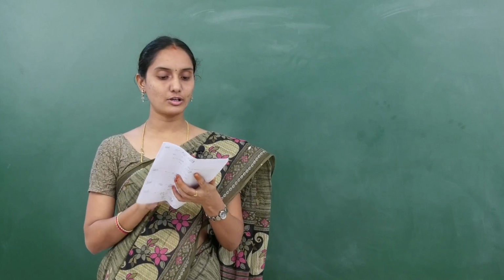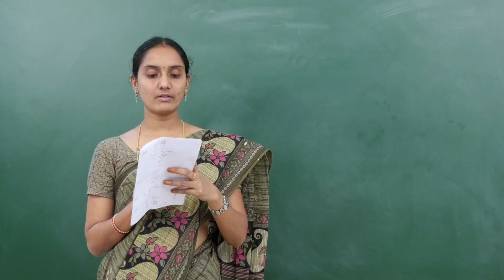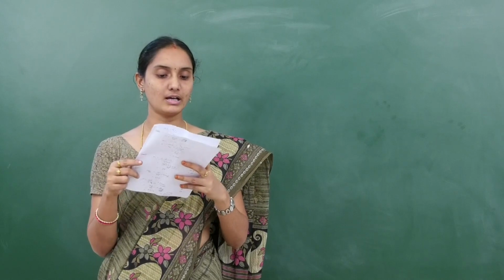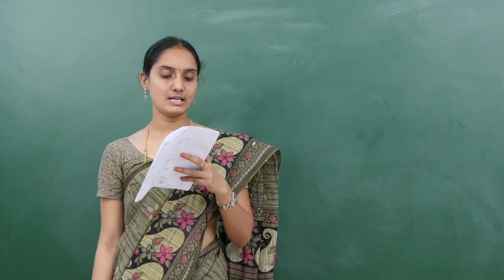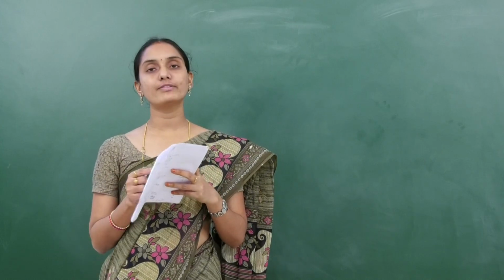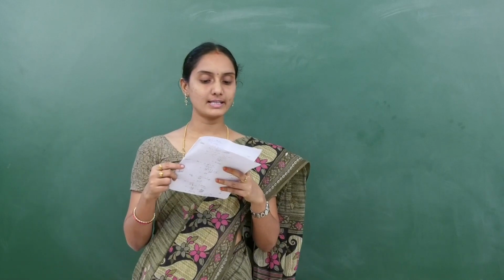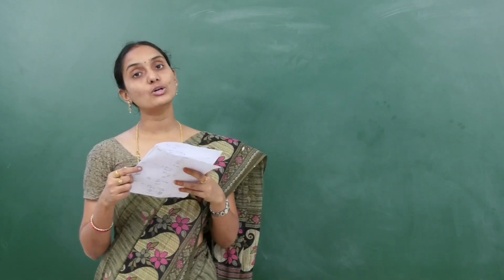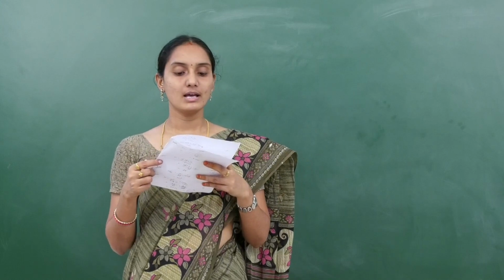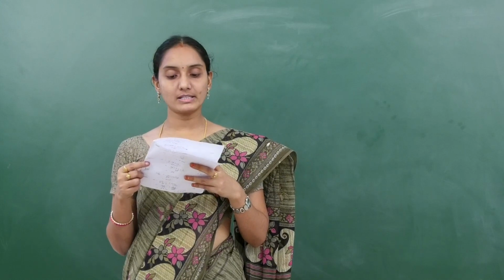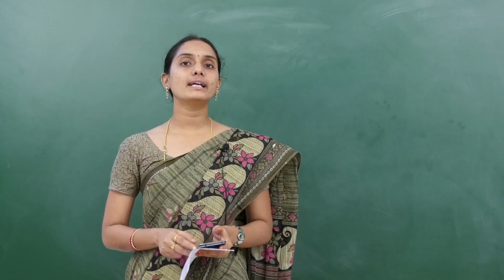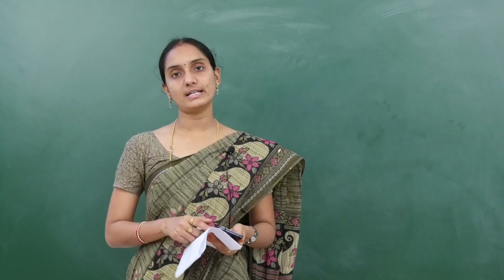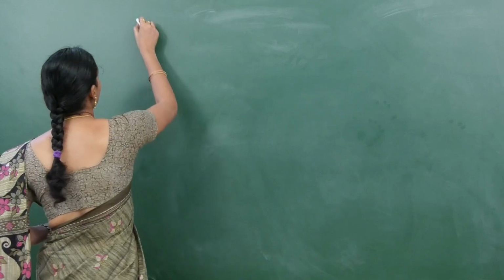So the next question given in your worksheet is, children, the density of the solution prepared by dissolving 120 grams of urea in 1000 grams of water is 1.15 gram per milliliter. Then find the molarity of the solution. What was given there? Density was given. Weight of the solute was given, that is 120 grams, and weight of the solvent is also given, that is 1000 grams. So now what we need is the molarity, which we have to calculate, children.